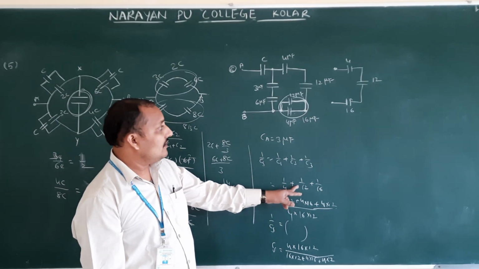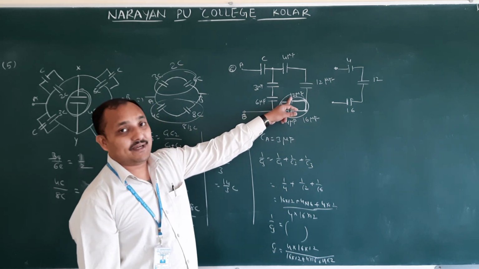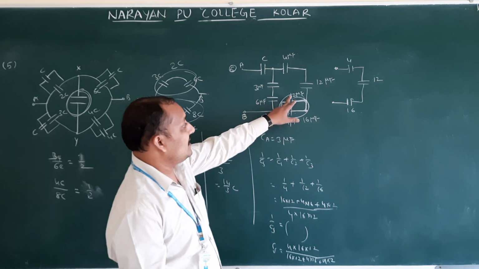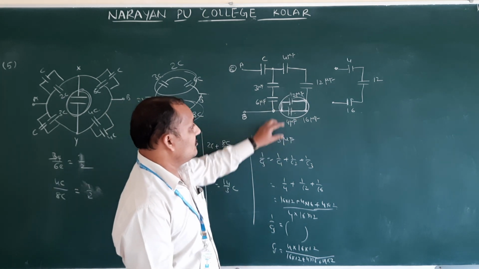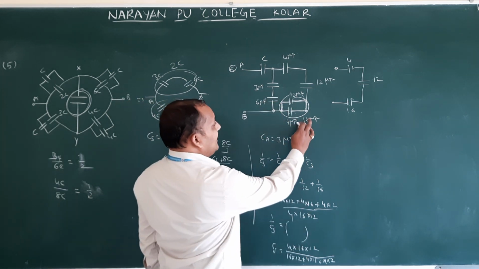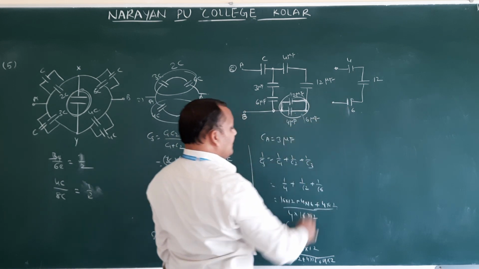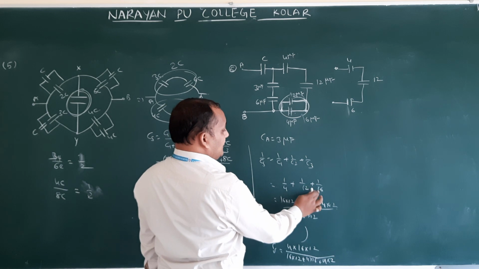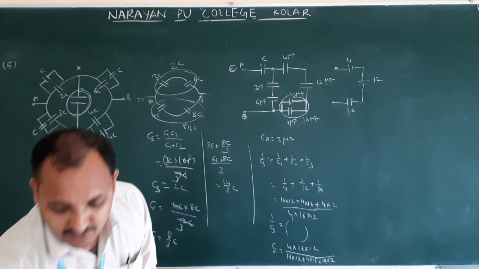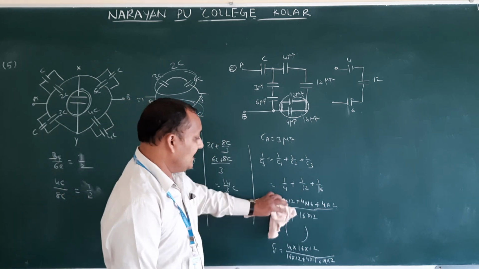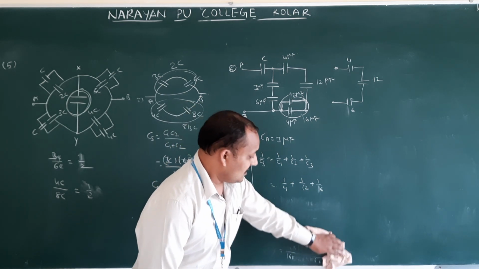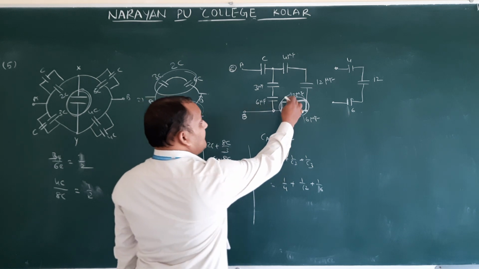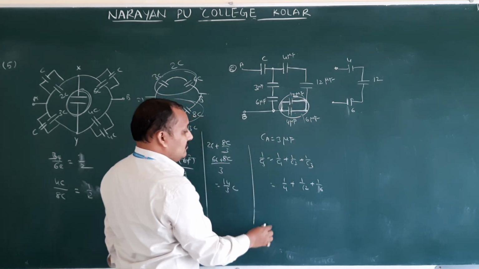Now see here, I have taken this one as 12 microfarad, but in the question they gave 2 microfarad, not 12. 2 means 4 plus 2. How much will you get here? 6. Here it is going to become 6. 6 means 4, 12, 6. Then it will be easy for us. No need for big calculation, because the capacitor is drawn downwards. I had taken it as 12, but they gave this one as 2.